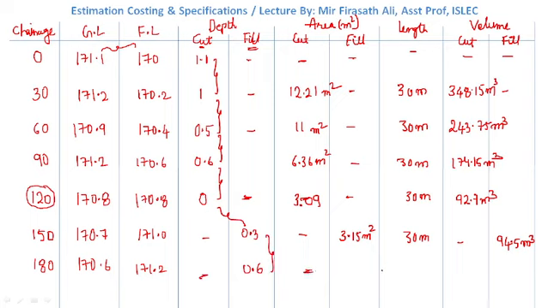0.6, and we substitute in the area formula. We will get the approximate area as 6.54. How much will we get? 6.54 meter square. The area is 6.54 meter square. Okay. And the length is our 30 meters. How much is it? The length is 30 meters. So the volume is around 145.12. How much is it? 145.12 meter cube.